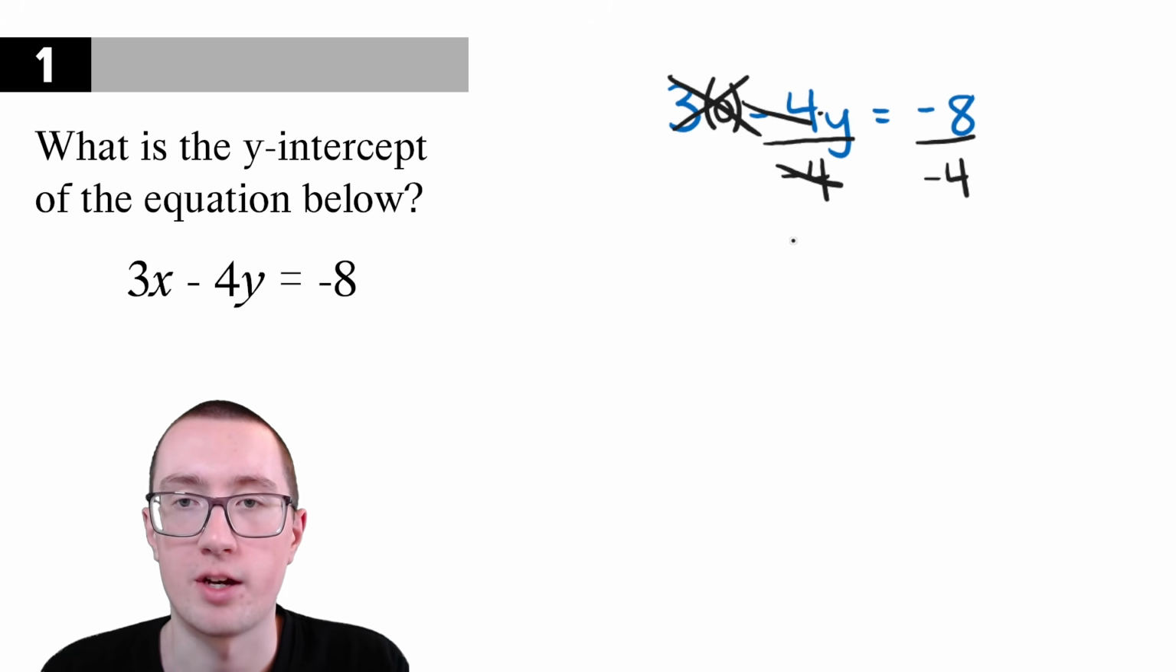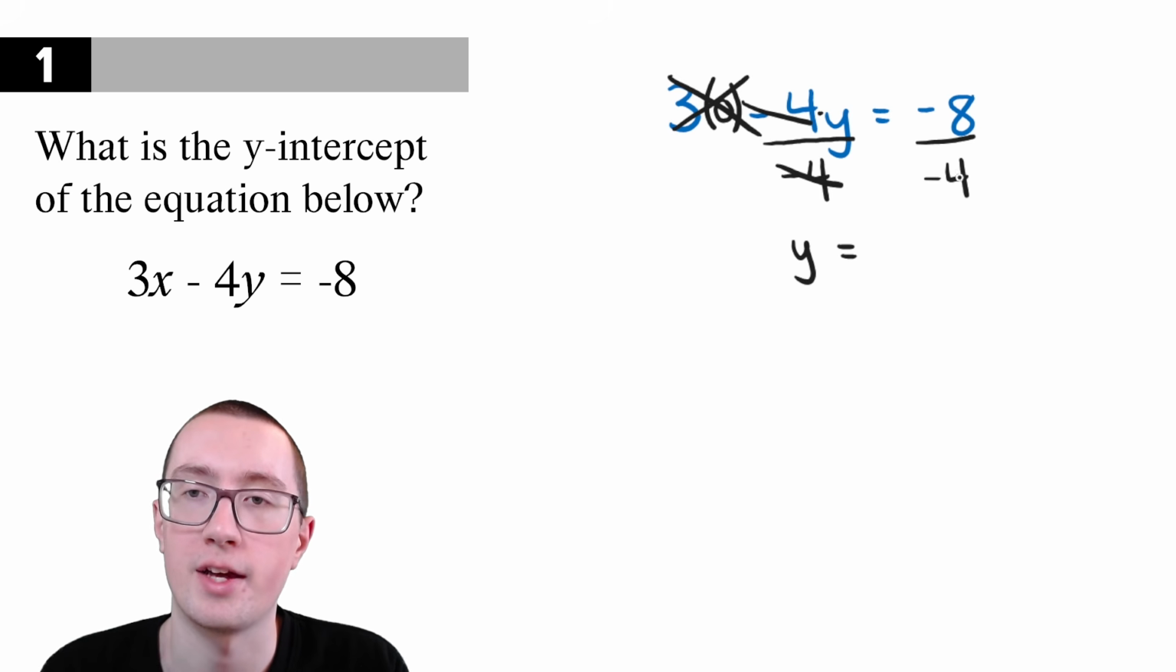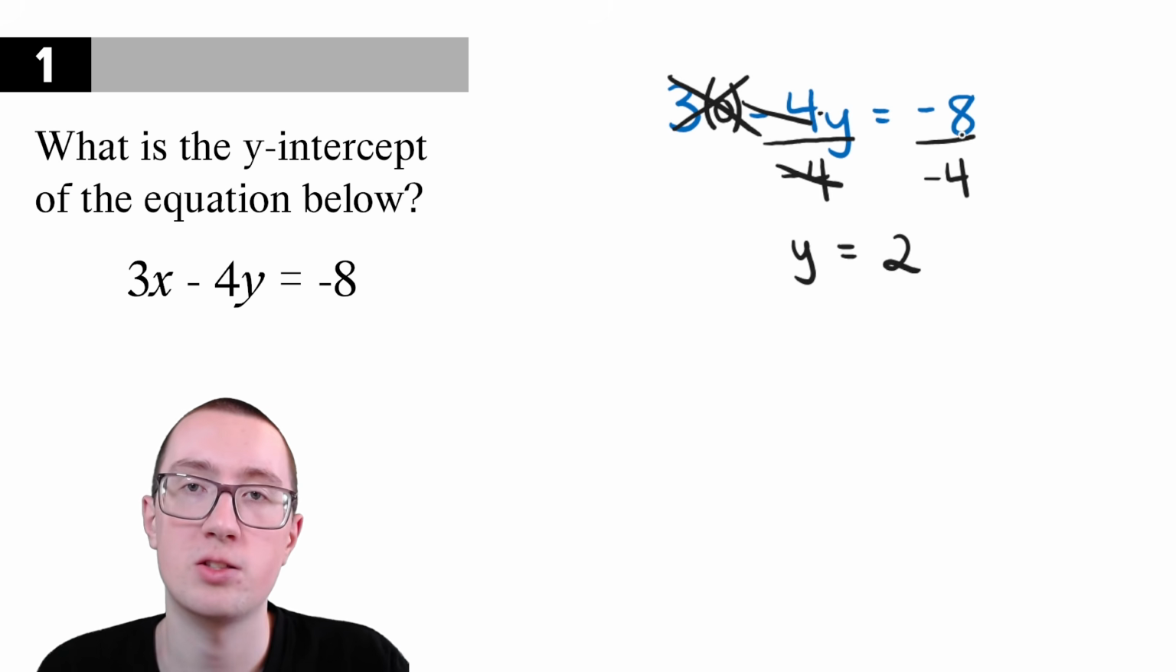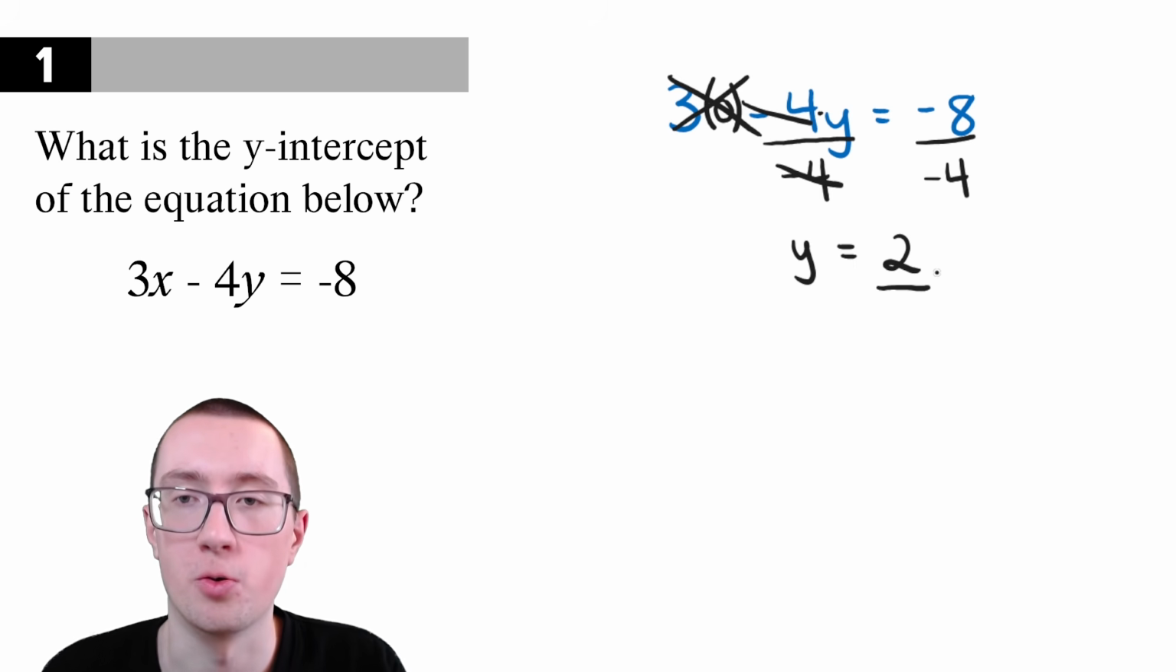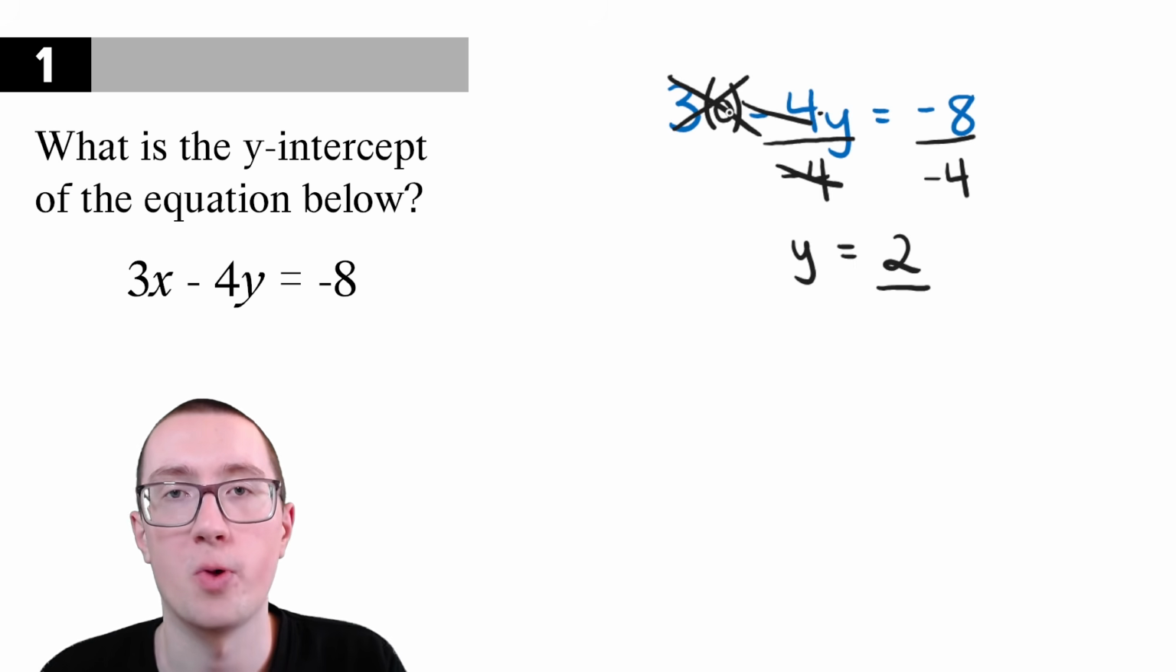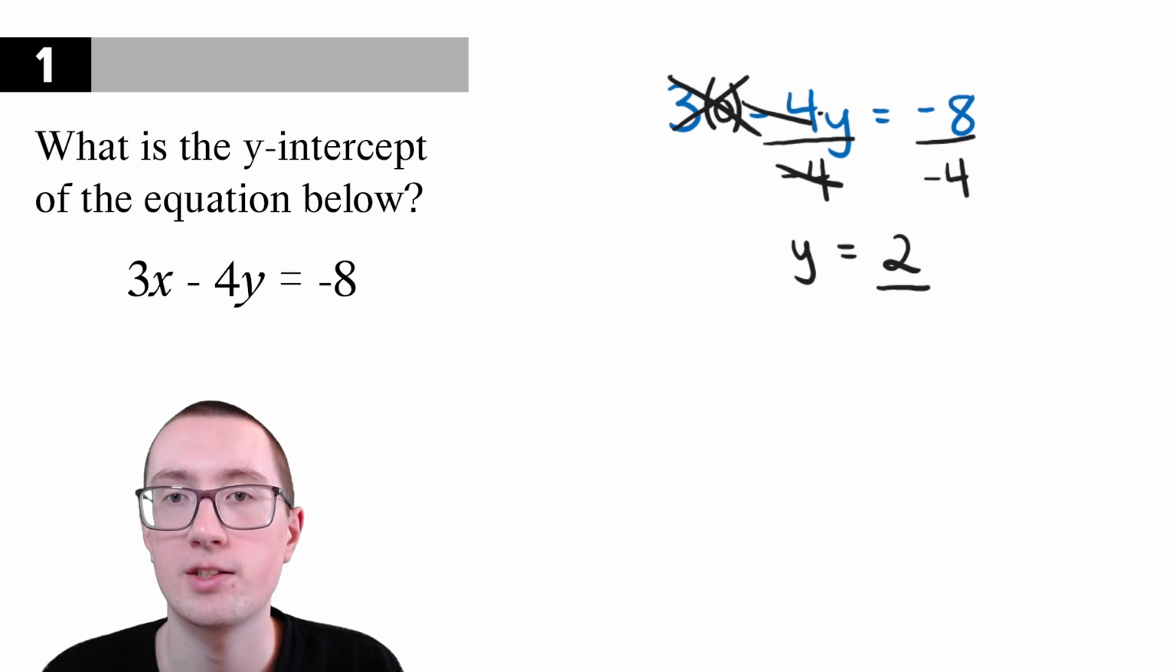On the left side, we just have the letter y. And on the right side, we have 8 divided by 4, which is 2. And then we have 2 minus signs. 2 negatives make a positive. So the y-intercept of this equation is 2, because y is equal to 2 when x is 0. And if we needed to find the x-intercept, we would just plug in 0 for y and find out what